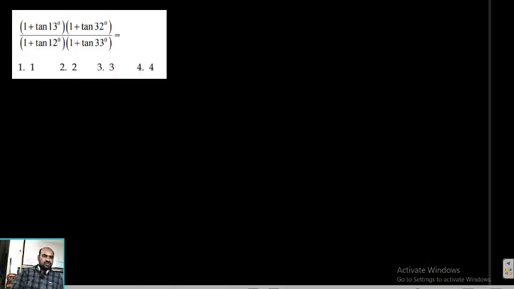Next question, another important model. First of all, you want to identify the logic for the problem, students. Something is given: 1 plus tan 13, 1 plus tan 32. These are not standard angles, but observation is important. 13 plus 32 is 45. That is the important thing. We know that